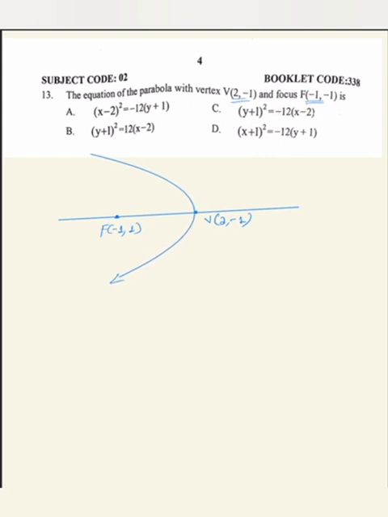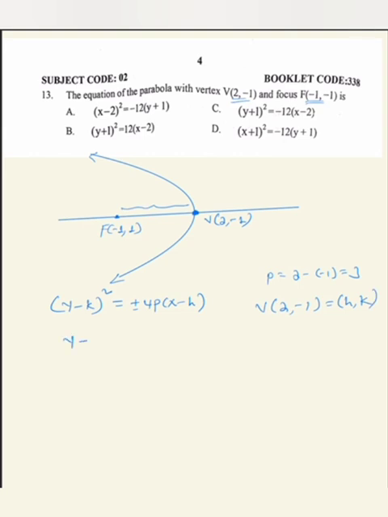so እንደዚህ አይነት ፓራቦላ ይኖረናል so አንድ ማወቅ ያለብን ነገር ምንድነው the equation of a horizontal parabola will be given by y minus k the whole square is equals to plus or minus 4p into x minus h ነው አሁን ወደ ሌፍት ስለተከፈተ ፕላሱን እንተውና ማይነሱን ብቻ እንወስዳለን p ምንለው ደግሞ the distance from the vertex to the focus ያለውን ሌንግዝ ነው ይሄን ሌንግዝ ከ-1 እስከ 2 ያለው ሌንግዝ p will be 2 minus of -1 which is 3, p 3 ነው ሌላኛው ደግሞ ቨርቴክሱ 2, -1 ነው ያ ማለት hk አለን ማለት ነው